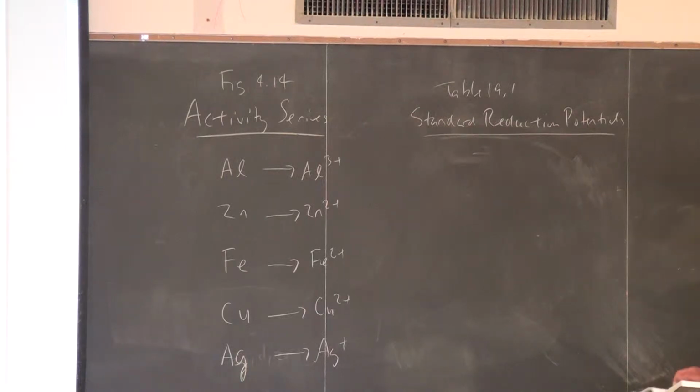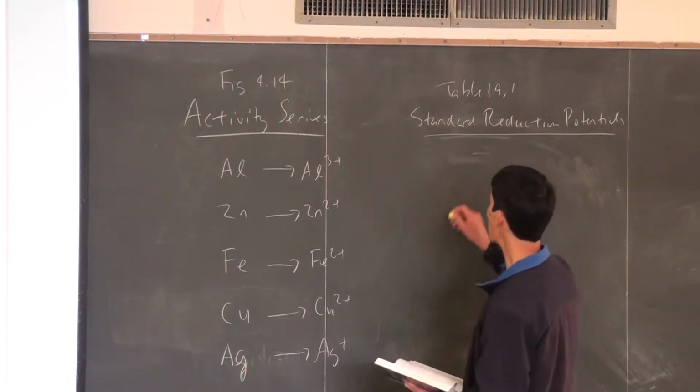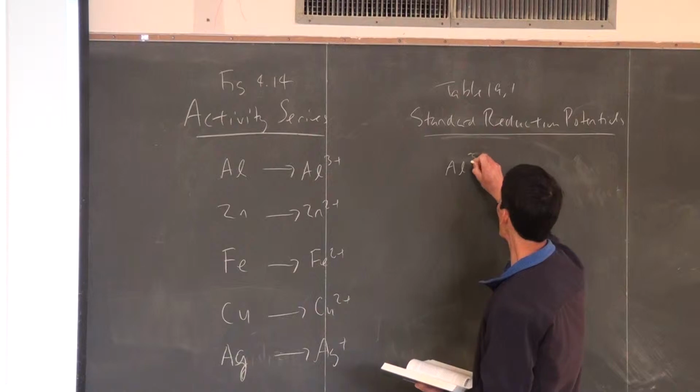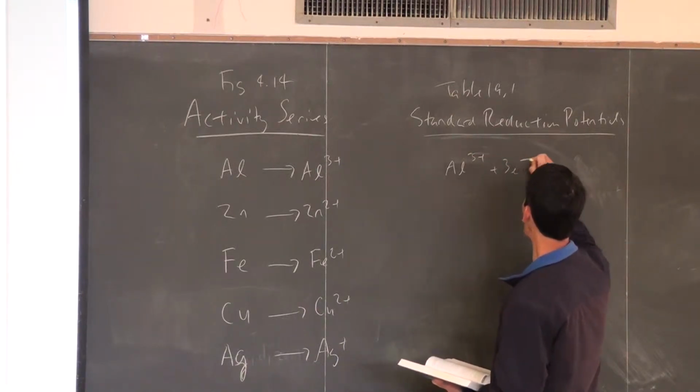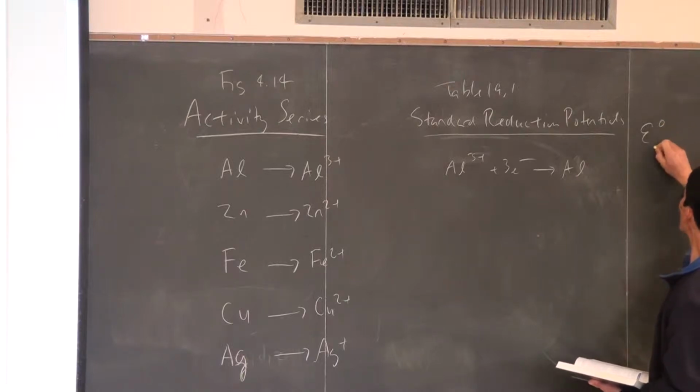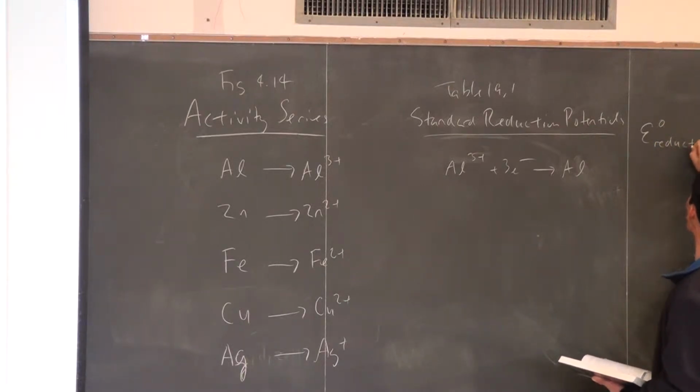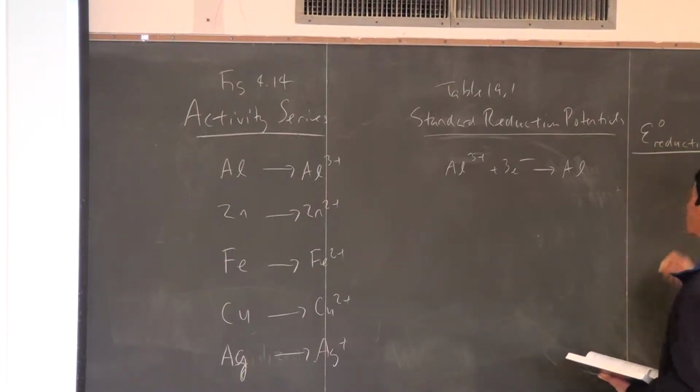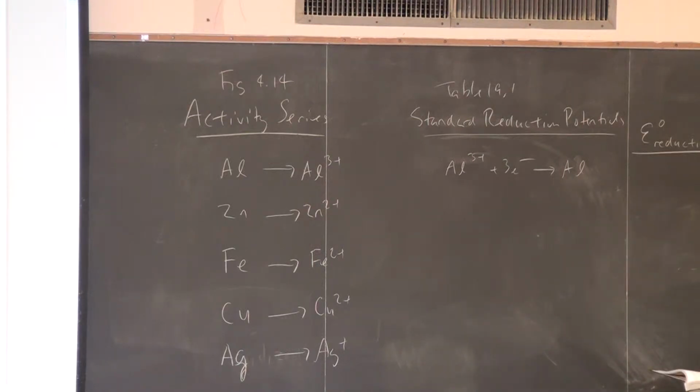Now it's going to show it as reduction potential. So let's look at it this way: we have aluminum 3+ plus 3 electrons going to aluminum, and let's look up the reduction potential for each one. So let's see, for this one, aluminum 3+ is minus 1.66